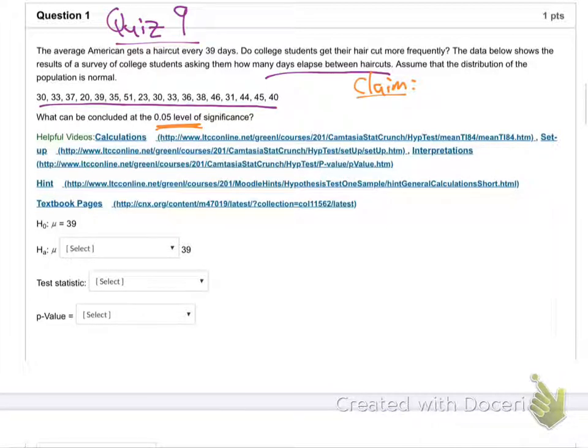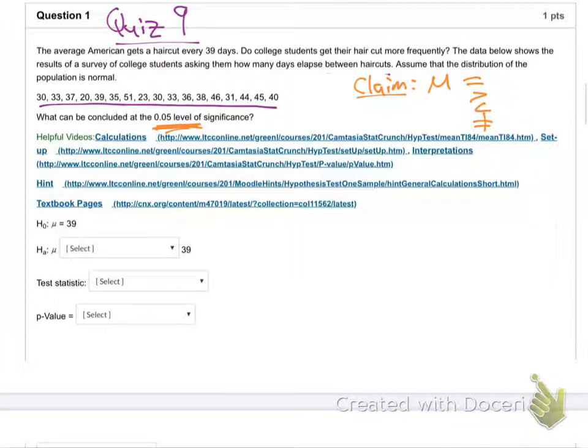Is this one a percentage problem or an average problem? Average. Yeah, there's no percentages anywhere, other than the level of significance, that's always there. This is an average, so it's a mu, not a p. So we're going to say mu equals, or greater, less, not equal, something like that. What is being claimed, tested in the words? What does it say? More frequency.